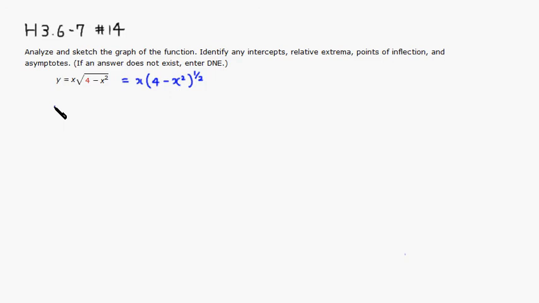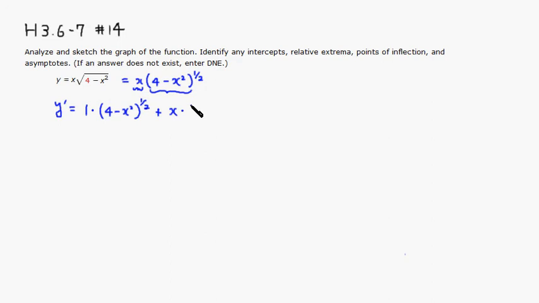All right, so let's take the derivative. So y prime is equal to, all right, so we're going to have to use a product rule. So this is the first guy. This is our second guy, right? Derivative of the first guy is 1 times the second. So quantity 4 minus x squared raised to the 1/2 power, right? Plus x times